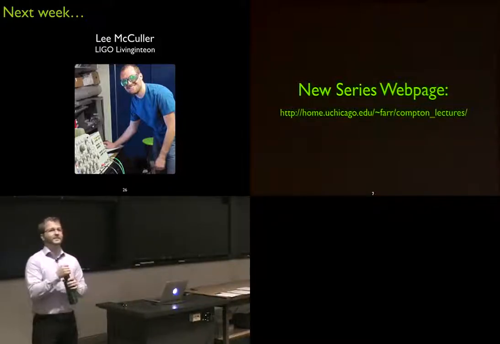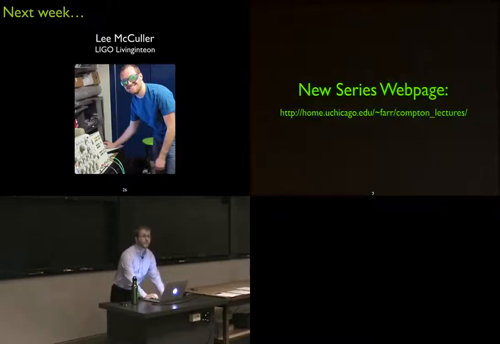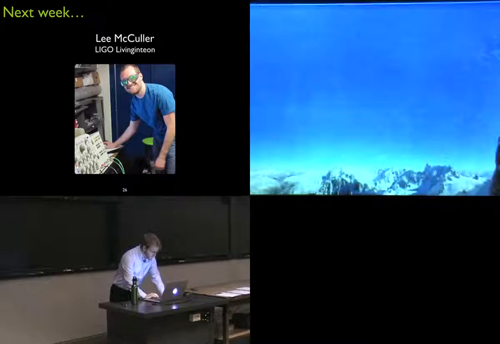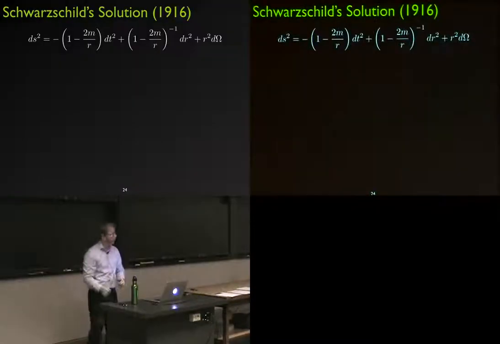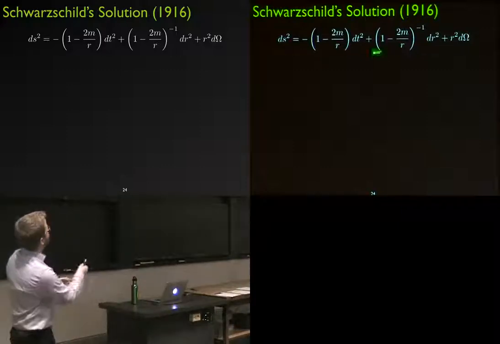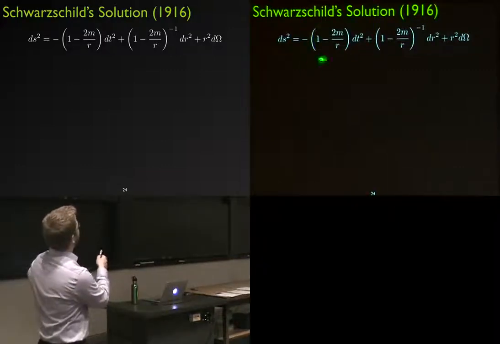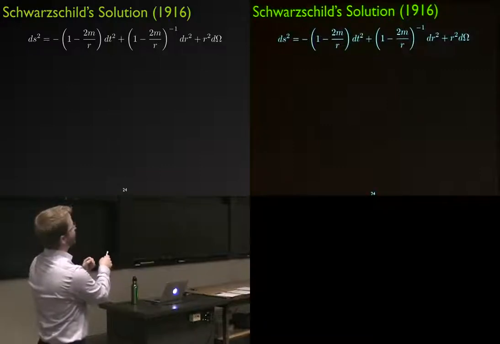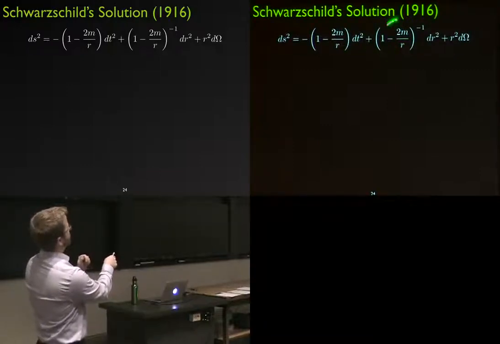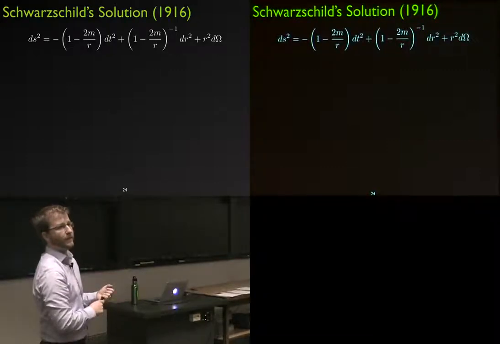Yes? If you could go back to your formula, what is inside the parentheses, does that equal 0? Just in the parentheses here. So, yeah, when r equals 2m, this equation goes to 0, which is okay. That's just multiplying dt by 0. But this parentheses also goes to 0. And this is a 1 over 0, so that's where the bad thing happens. That's where you're dividing by 0 and getting infinities out.